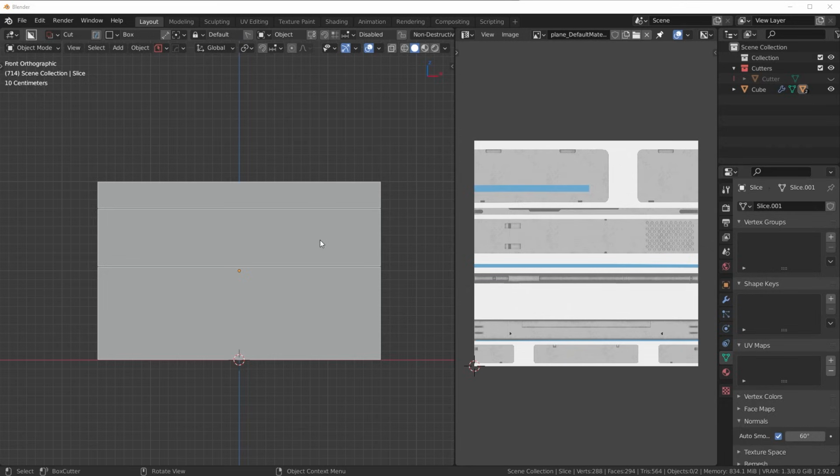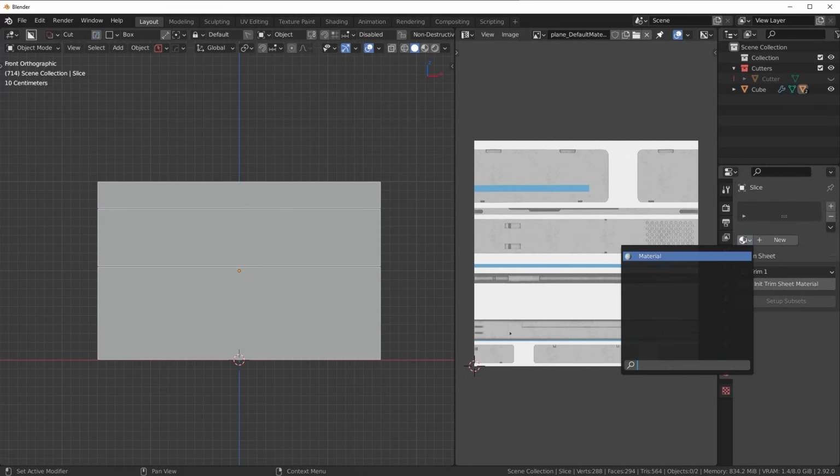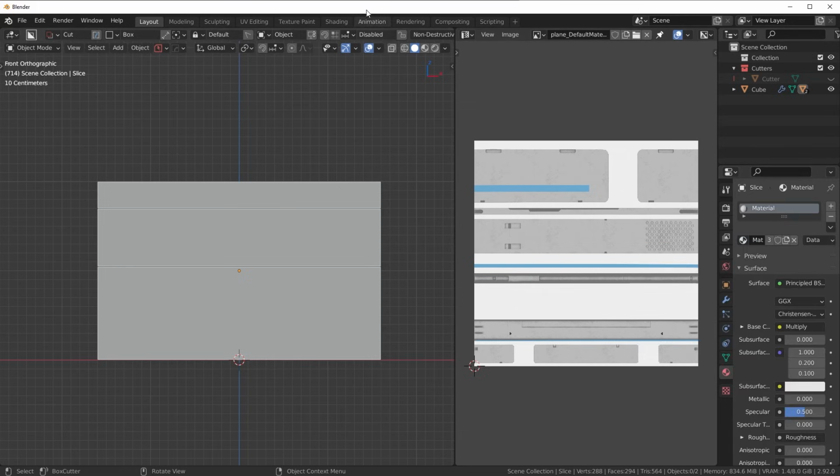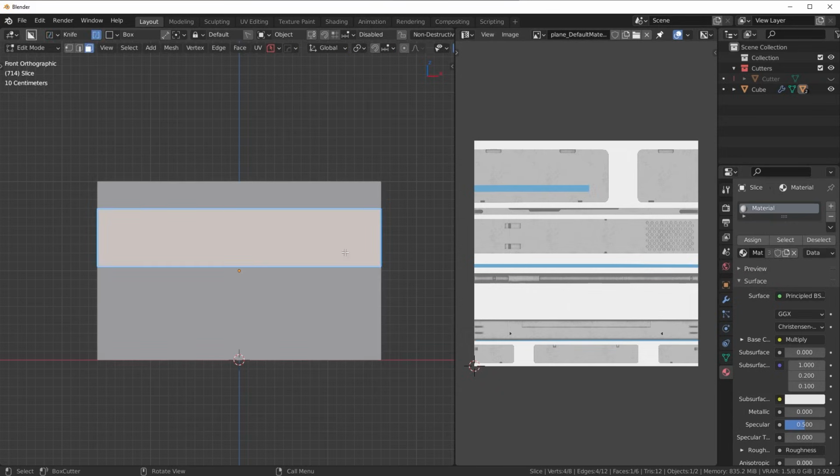Basically, what you do is you make a block out of something. In this case, I made a block out of a wall. You add a trim sheet material, which we'll be showing you how to make in this video. We're going to be designing the trim sheet from scratch. You add that trim sheet material, you go into material mode, and then what you can do is